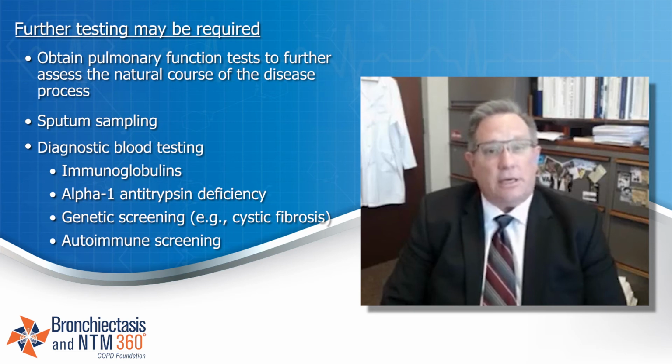This includes immunoglobulins, such as may be seen with hypogammaglobulinemia, alpha-1 antitrypsin deficiency, and genetic screens such as cystic fibrosis